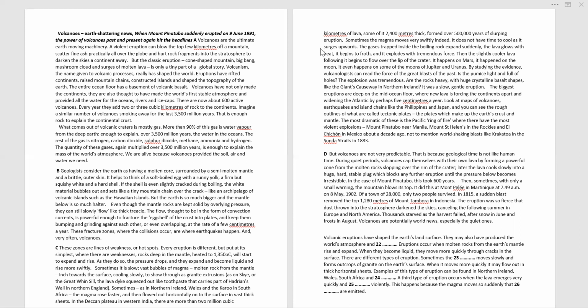Okay, the answer to this question is gases. Gases? Yes. I am just looking for these names: Northern Ireland, Wales, South Africa. Which paragraph? C? Yes, ma'am. See, on the last side of the C. Wherever you got these names, they're talking about the third type of eruption. So at that third type of eruption place, there you will be getting your answer.